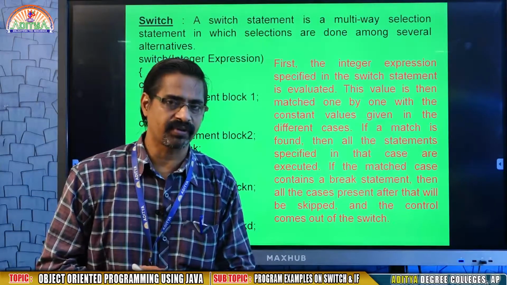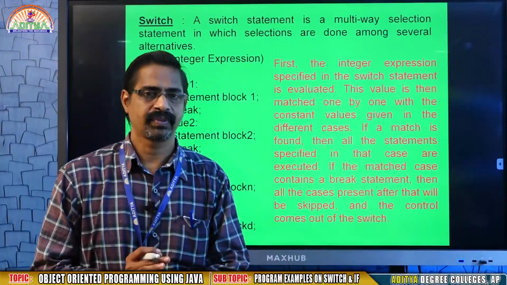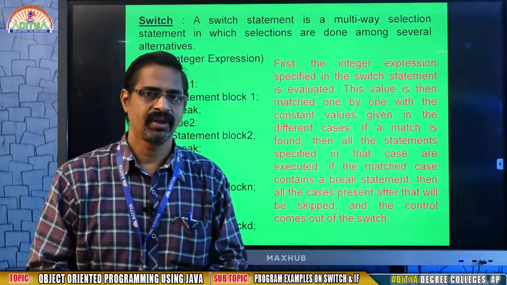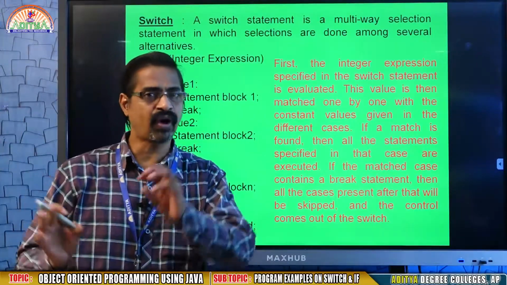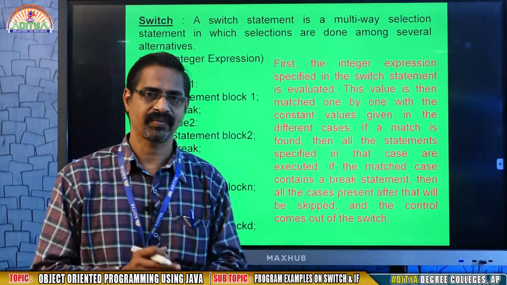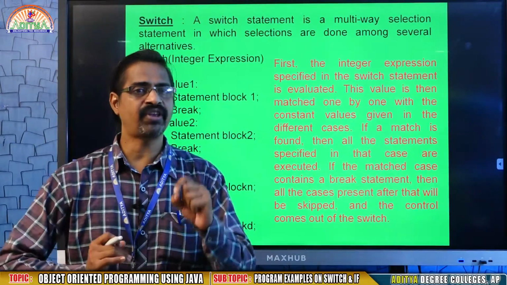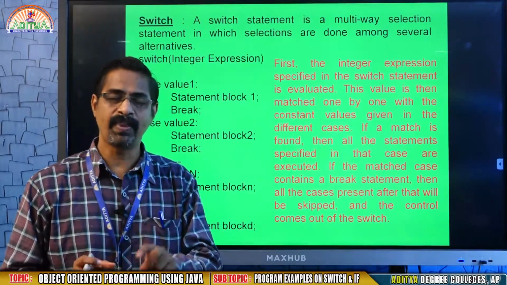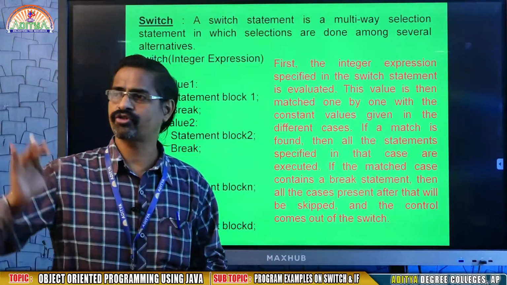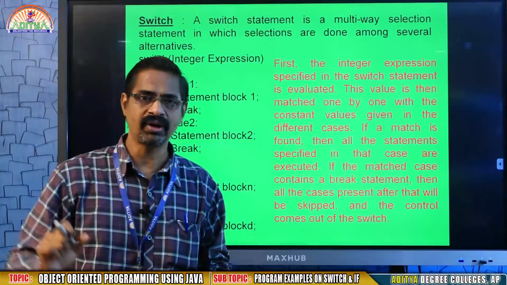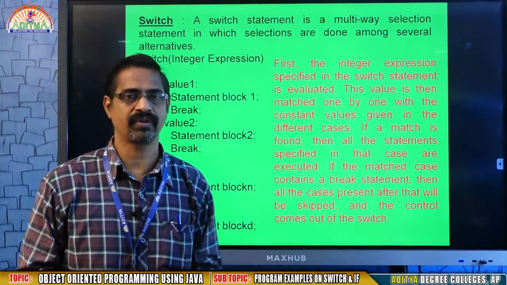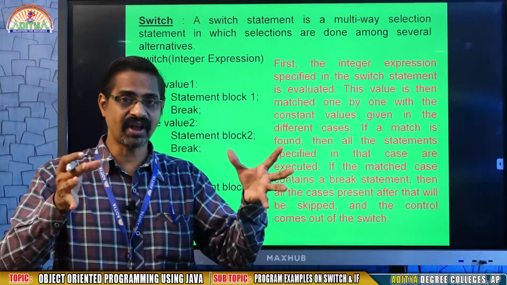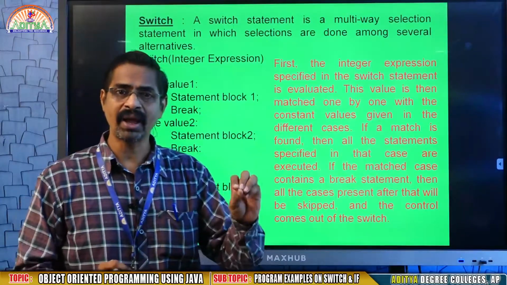Now, conditional control statements are decision making statements. Condition or decision is common. If A greater than B is a condition. If it is true, it will do some action. If it is false, it will do another action. That means the if statement follows two-way branching, based on true or false. If it is true, some execution; if it is false, the else part executes. Else will be selected by the system when the condition is false. This is the if statement. So finally, if is a two-way branching.